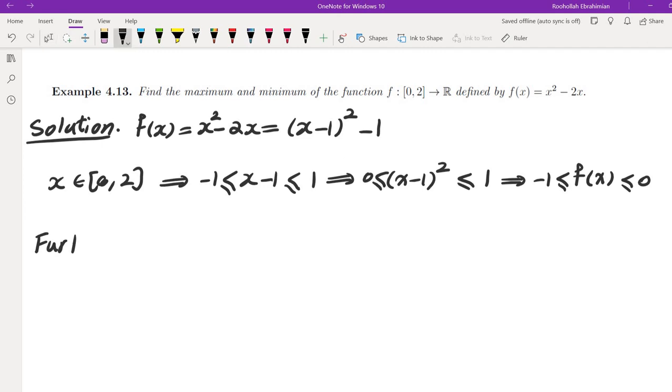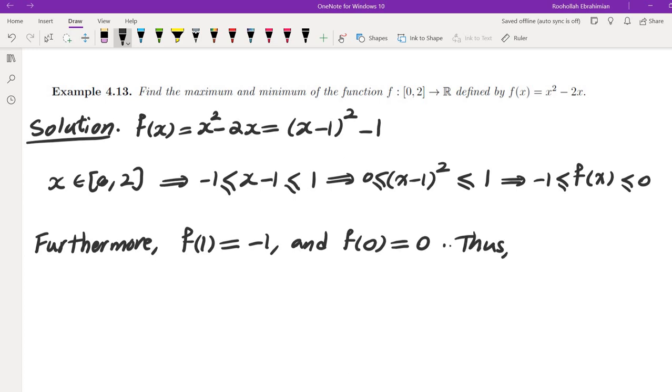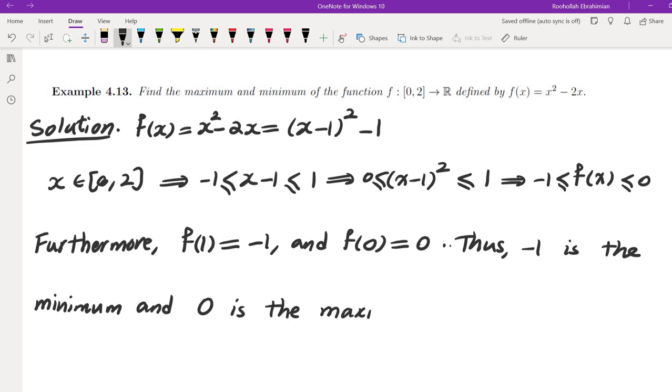So for every x inside the interval, f of x is between negative 1 and 0. Furthermore, we can obtain 0 and negative 1. For example, if you plug in f of 1, you get negative 1, and f of 0 gives us 0. Thus, negative 1 is the minimum and 0 is the maximum